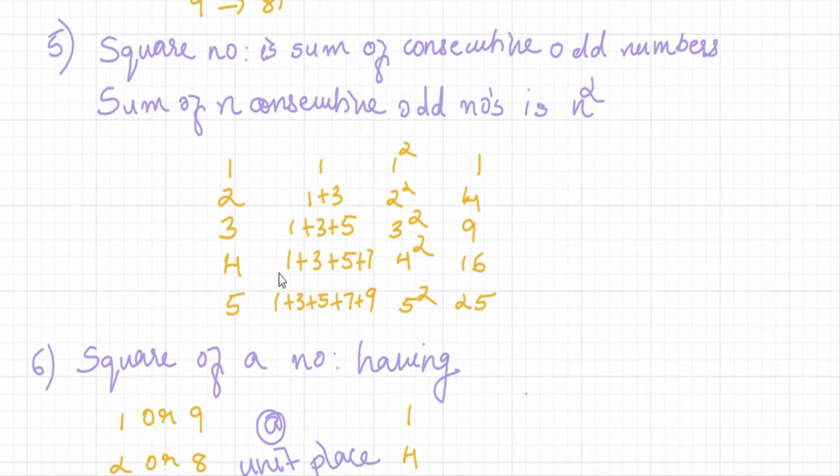Now 4: 1 plus 3 plus 5 plus 7. 4 square is 16, and 1 plus 3 plus 5 plus 7 is 16. 5 consecutive numbers: 1, 3, 5, 7 and 9. 5 square is 25, and 1 plus 3 plus 5 plus 7 plus 9 is 25. So that's it. Next property,